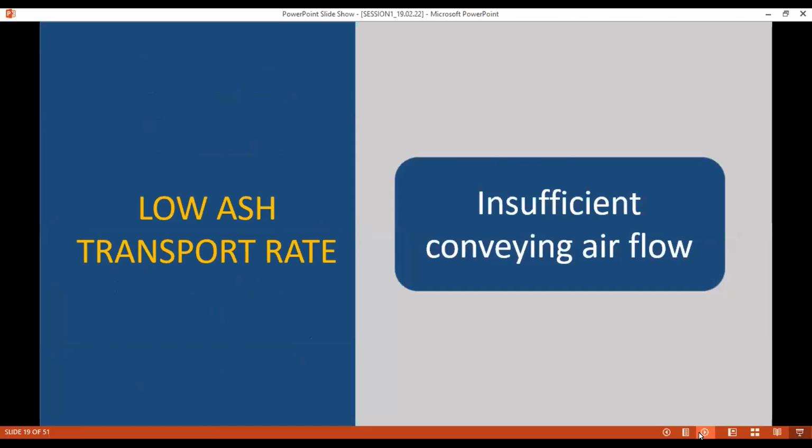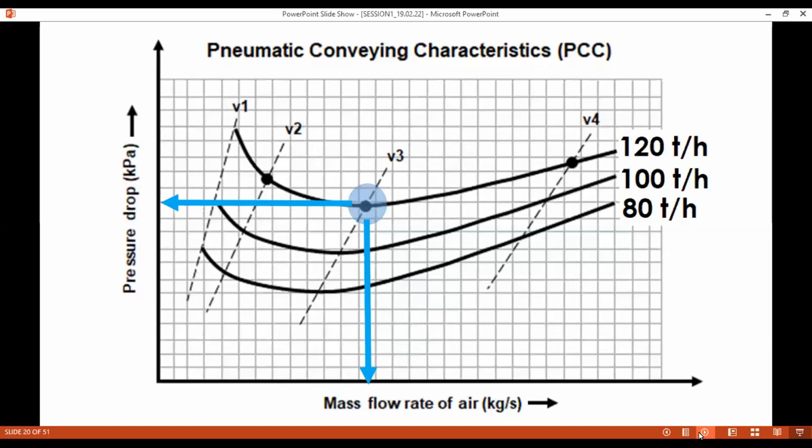Then low ash transport rate. So one was the line blockage, and then you have low ash transport rate. This is because of insufficient airflow, conveying airflow. So what I actually mean is,